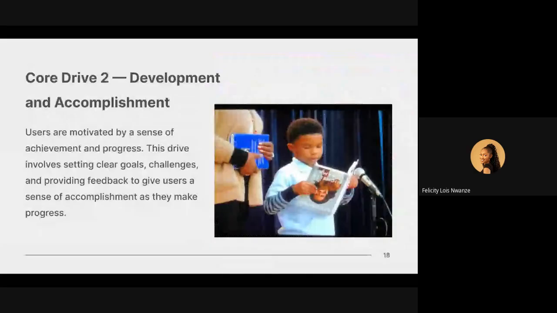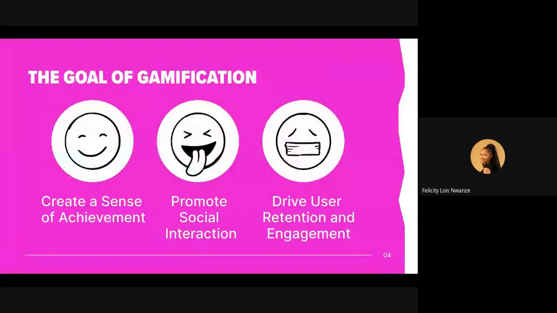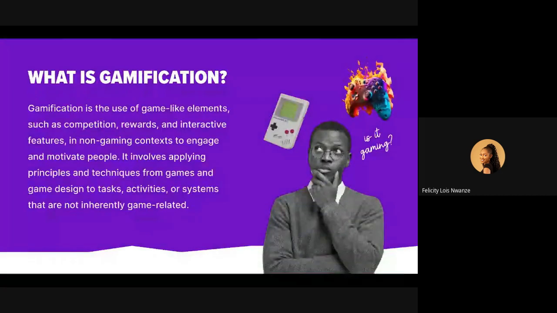Okay, let me just do a quick recap for you. Gamification is when you apply gaming elements. There's something that makes people enjoy games, that makes them play for hours, makes them engage and want to keep going. Gamification is when you use those game-like elements and apply them in a non-gaming context. An example of a non-gaming context is product design, when you're designing an app, a website, a digital product. You take inspiration or elements of gaming and apply them. When you apply them, it motivates people and gives a better user experience. So that's basically what gamification is.